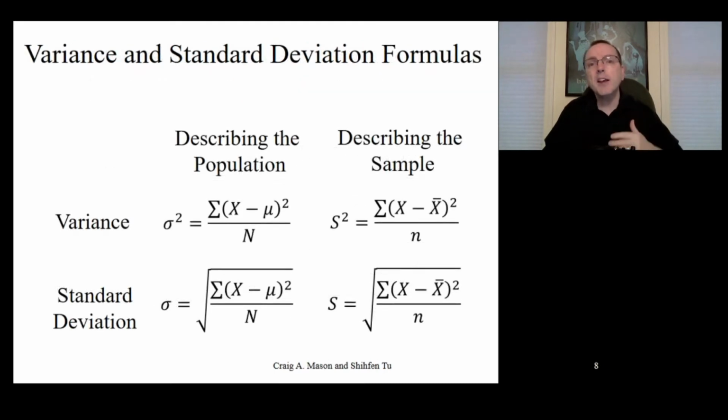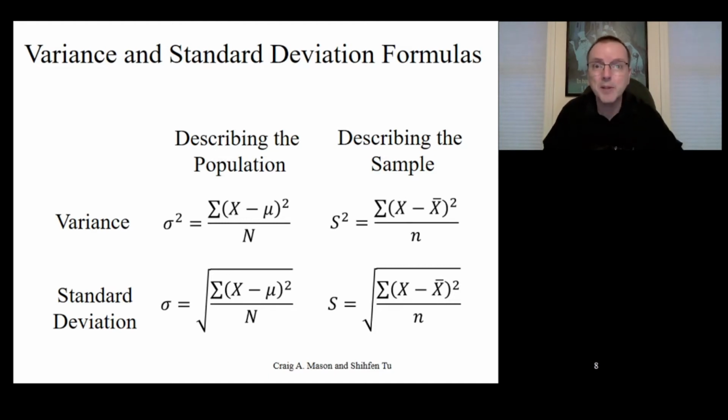In a way, you can think of both of these as descriptive statistics. They both just describe data that we have. If we have data on the entire population, sigma and sigma squared describe the variability in the population because we don't have to estimate it. We have all the data. We can calculate it exactly. They are the population parameters. No ifs, ands, or buts. We know exactly what they are in this case.